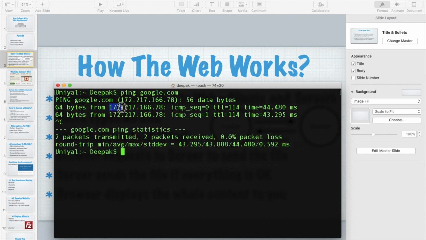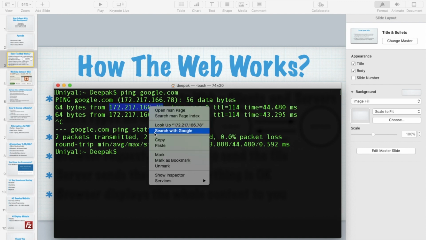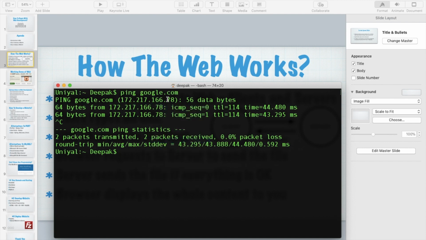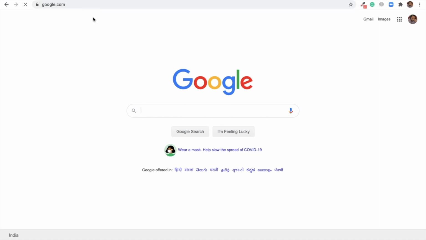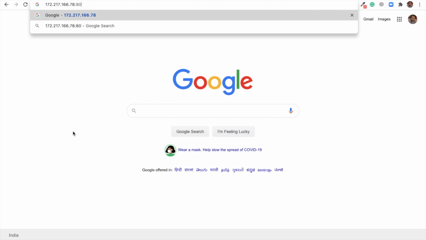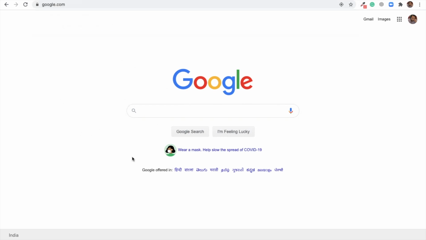You have received a response from this IP address. If you send the request from your local system, you might receive another IP address depending on your location or depending on the load of the servers at that particular moment. When you get this IP address, you can write it in your browser. I will show you how you can do that. I will close this. Instead of google.com, you can write this IP address and you will receive the same page, right? You can even write a colon and 80 here, which is the port number used for these kinds of services, and you will again receive the same response.